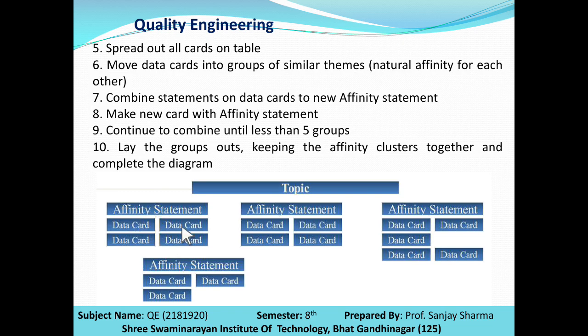Now after that, whatever the team has decided, group it into 4 or 5 different points, and you will synchronize or collectively get the data. So this is how the affinity diagram works. In a simple way, we can say it groups the thoughts, and finally that group of thoughts gets executed. So this is one of the best of the 7 new quality tools, which is used nowadays in industry.